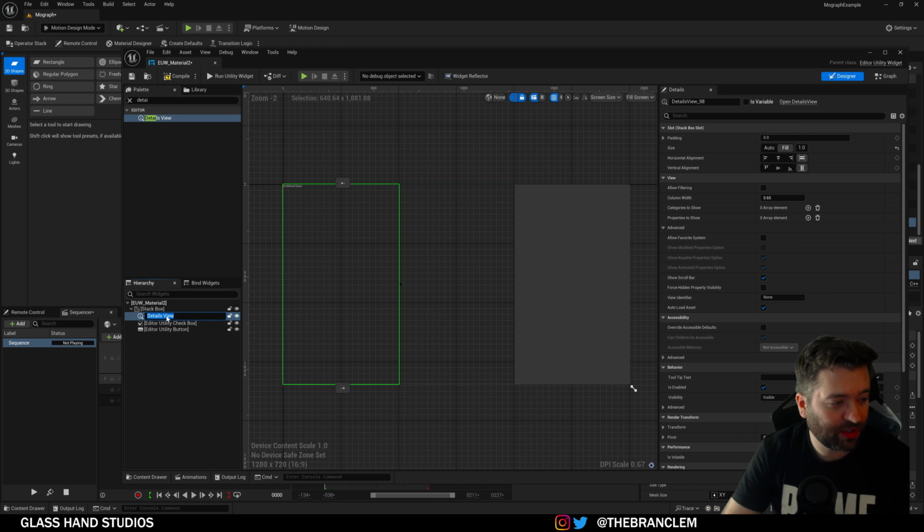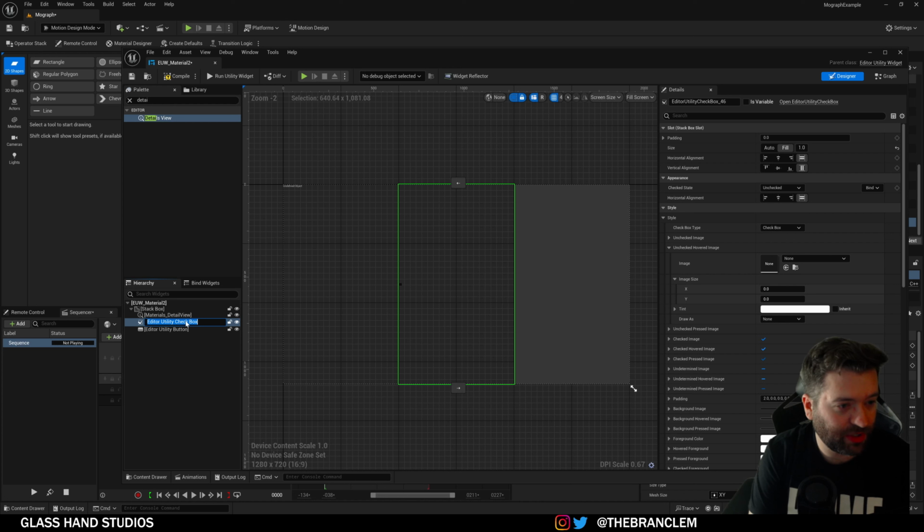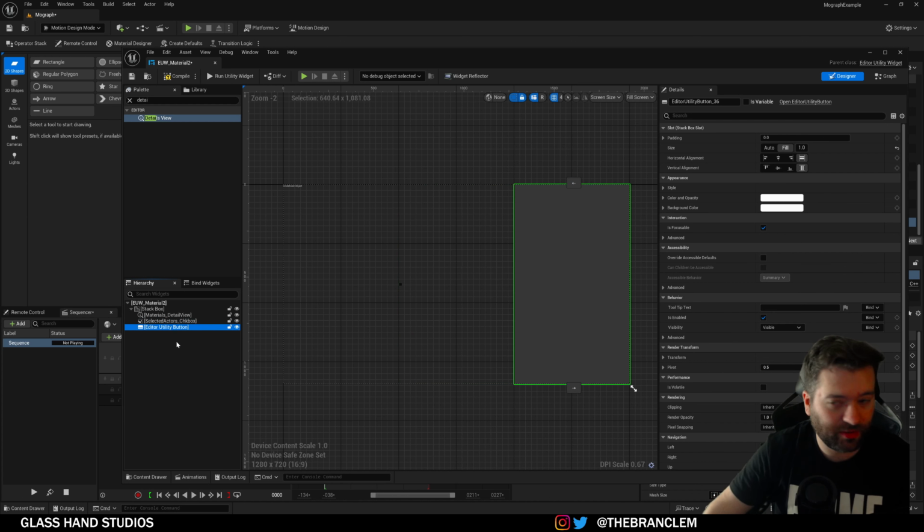So I'm just going to call this one materials view, materials detail view, just because. And checkbox will be selected actors checkbox, and this will be not the help menu. This will be set